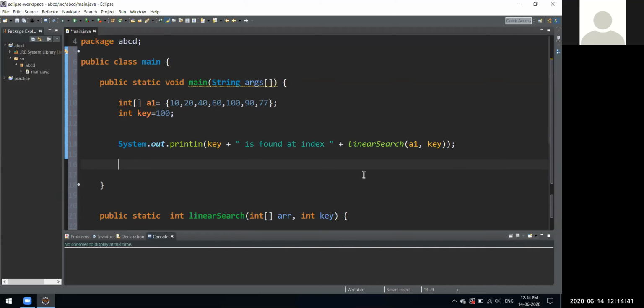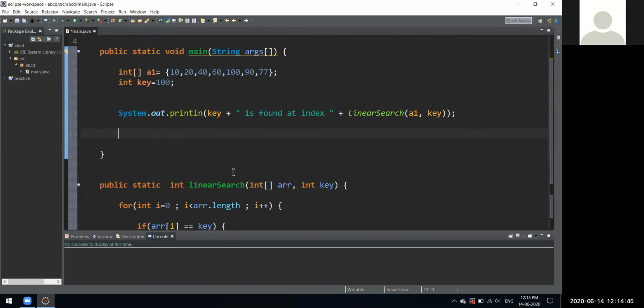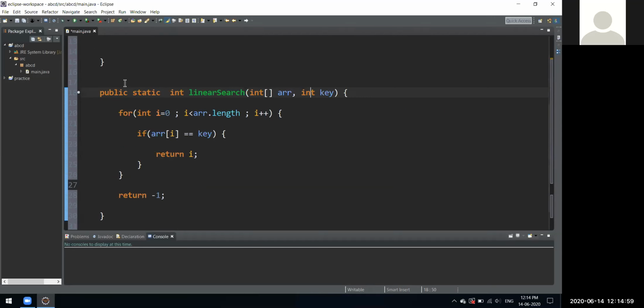So instead, what we did is we wrote a function over here, and every time we have different kinds of arrays, we can just call that function and pass that array and the key as parameters. That's why we wrote a function over here. So this is clear, right? We are running a for loop over here across that array. Very simple. We are checking every element of that array.